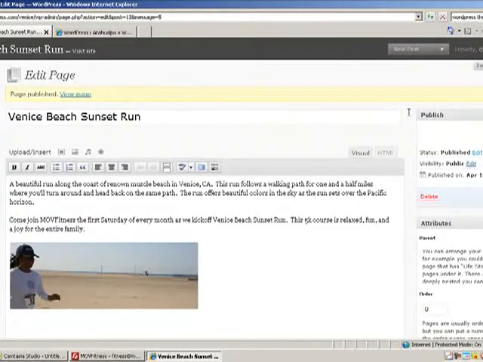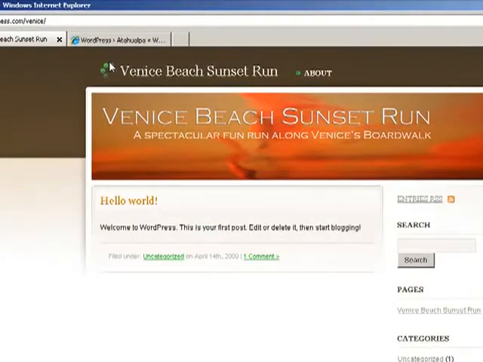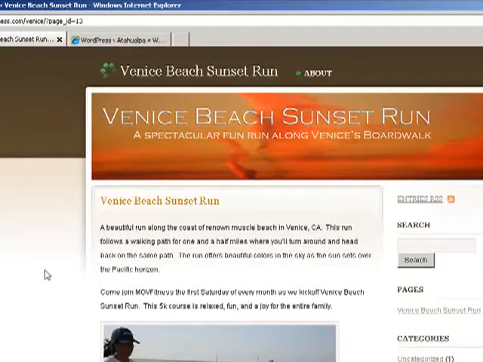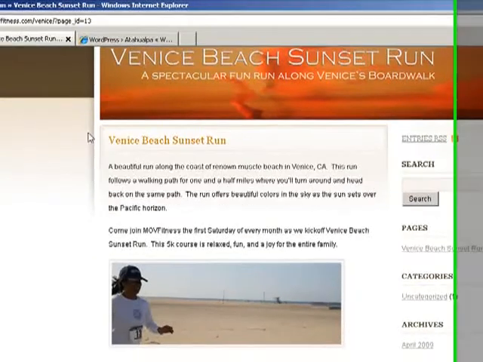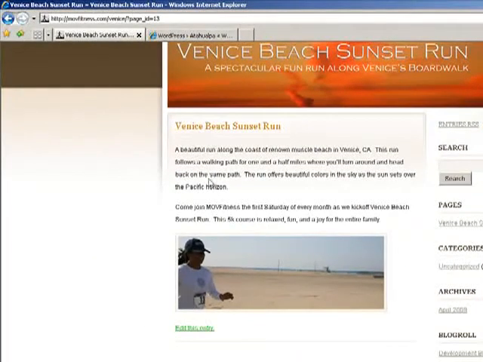And now we have our first page. Let's go back to visit the site to get an idea of what this looks like. It still looks the same, but if you look down on the far right, you see Venice Beach Sunset Run. Let's click on that, and now you see the picture with the information. I want this text to show up on the main page, not on some secondary page. So let's go back